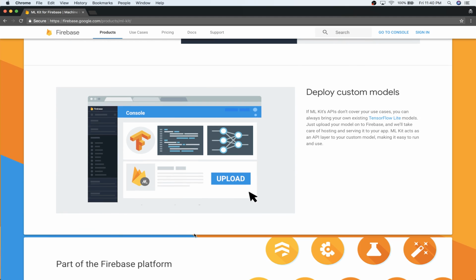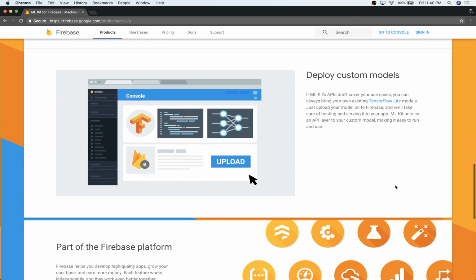You can also deploy custom models. ML Kit doesn't cover all of your use cases, and you can always bring something along with it. TensorFlow is created by Google, and TensorFlow Lite is a way of creating smaller versions of your machine learning models. What you can do is upload your model to Firebase, and they take care of hosting and serving it for your app. That means it'll give you an endpoint that you can hit,